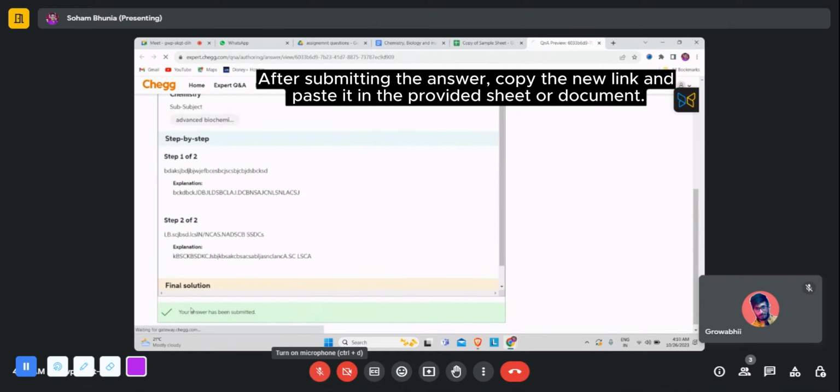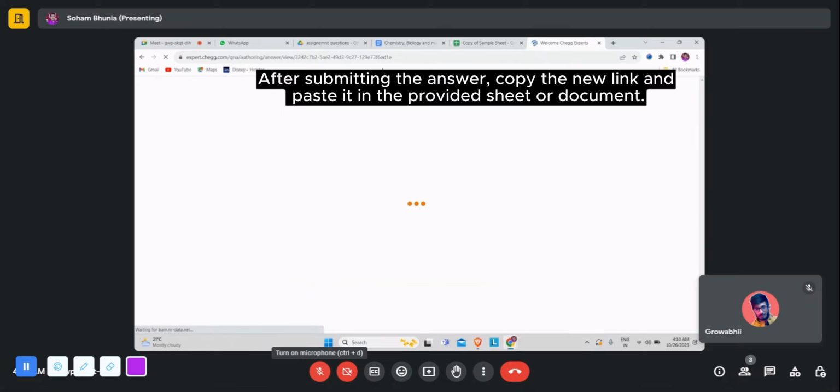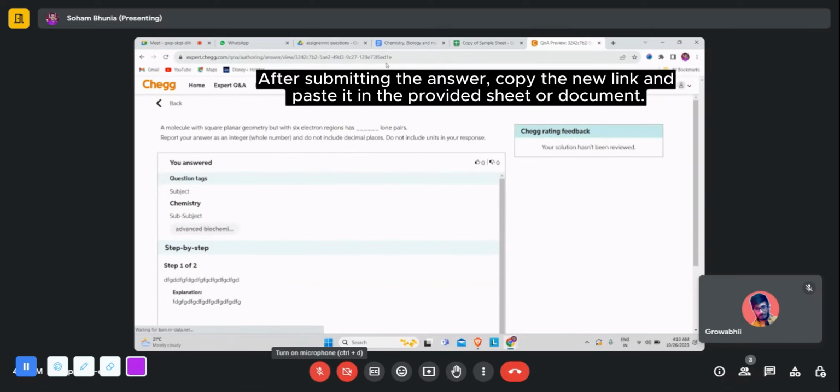Just look at this. I simply click on submit. It has been submitted, and see the last three digits. It has been converted to D, small d, 1, and small e. It has changed. Now what you need to do is simply copy this changed link after you